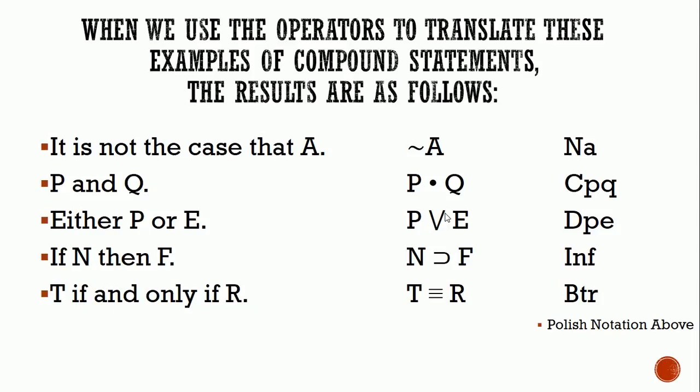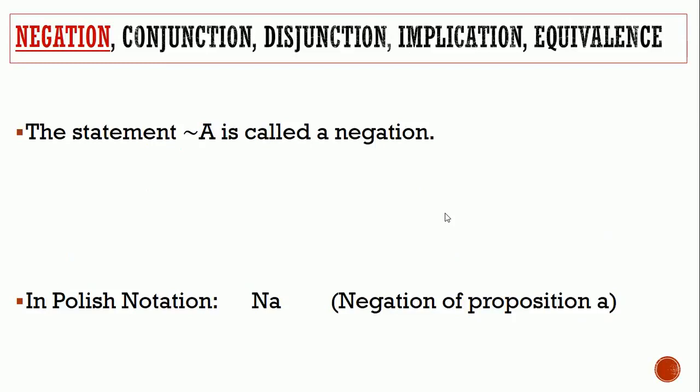T, if and only if R, T, 3 bars R, Polish notation, capital B, lowercase t, lowercase r. Sound good? All right. So negation, let's just run over these again